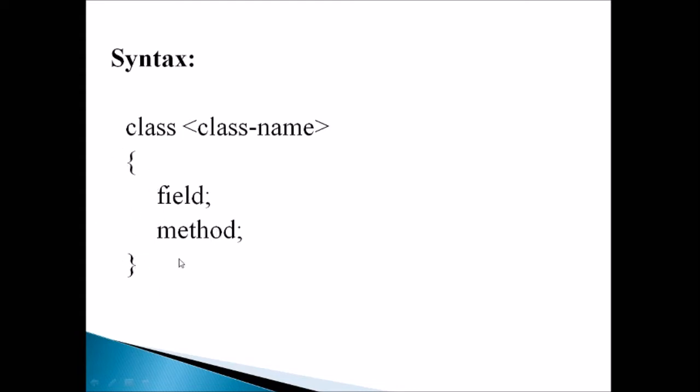It is called a block. When we include this block along with the class declaration, then this full part is called the class definition. Okay. And within the block, first there are fields and then methods. So all the declarations we need can be given first, followed by the methods according to the task. Okay, so this is the syntax for class declaration and definition.